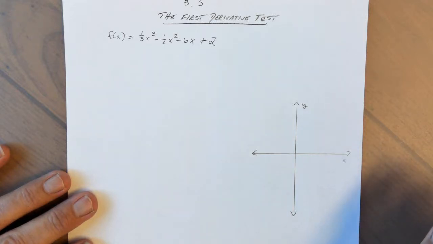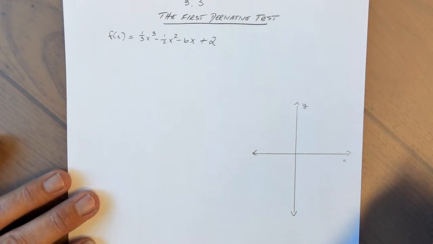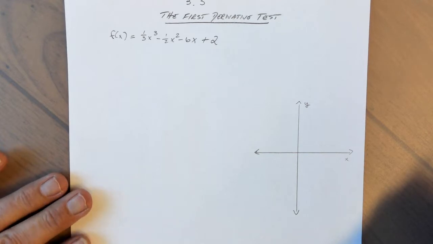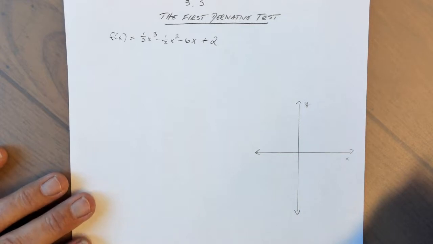This next problem comes from section 3.3, the first derivative test. Given our function f of x, our instructions are to find the local extrema of f and the intervals on which f is increasing and/or decreasing, and then to sketch the graph. So in order to determine where the graph is increasing and decreasing, we're going to look at the signs of